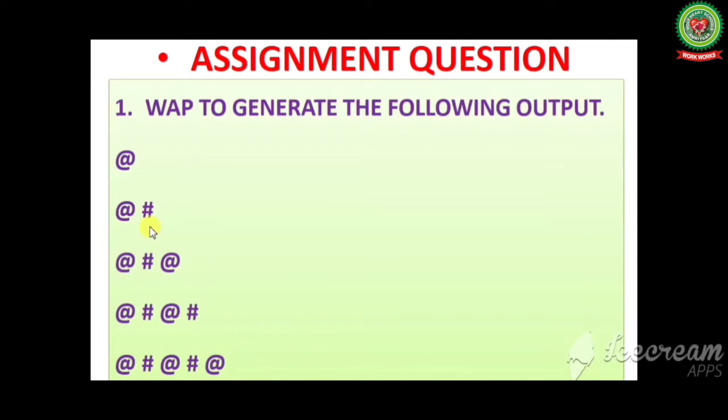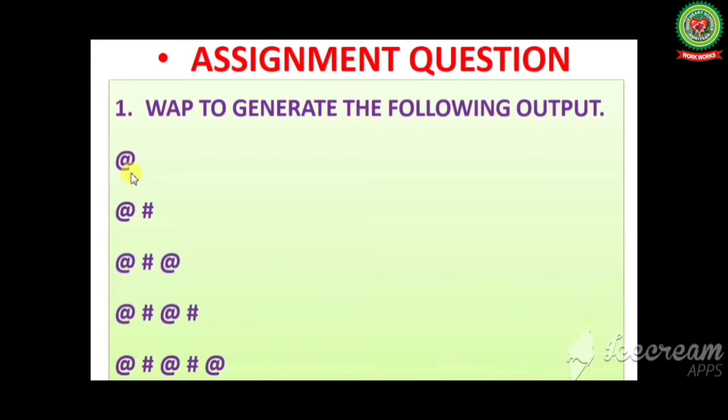The outer loop always executes first and the inner loop executes inside the outer loop. Each time the outer loop executes once. So here outer loop will work for rows. Now see the students, how many rows are there in this output? 1, 2, 3, 4, 5. Means here the loop that we will use for rows, it will run for 5 times.